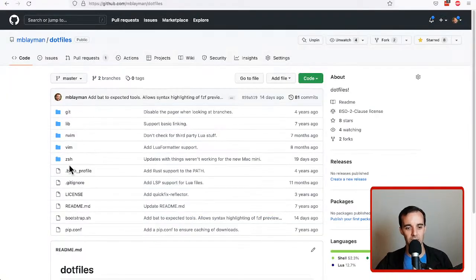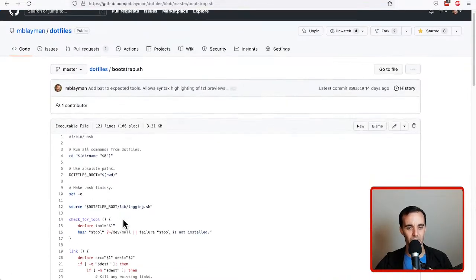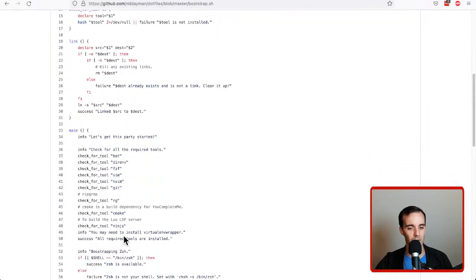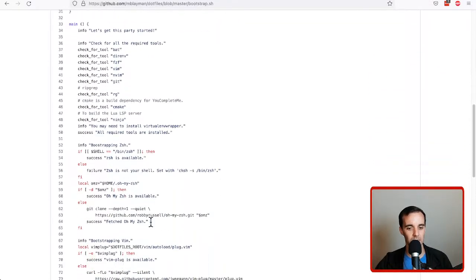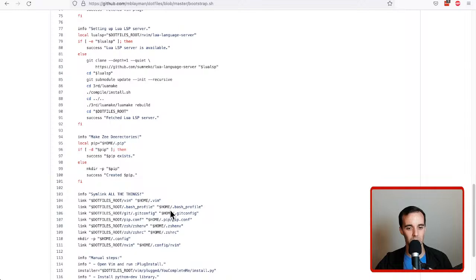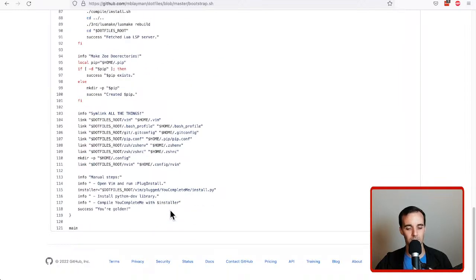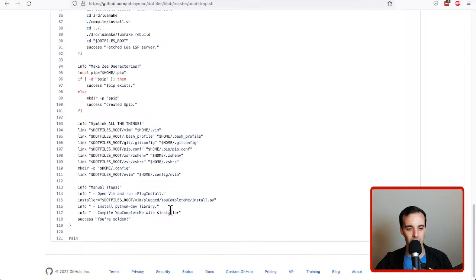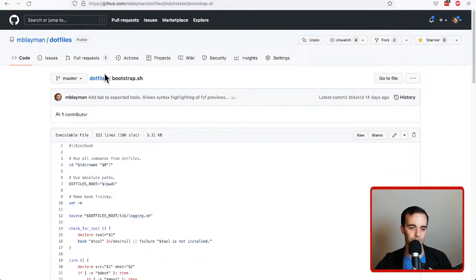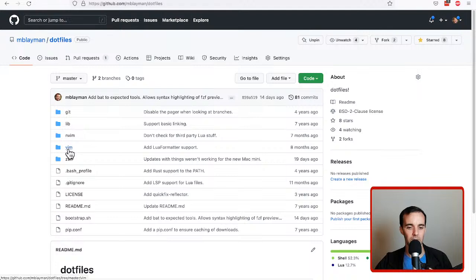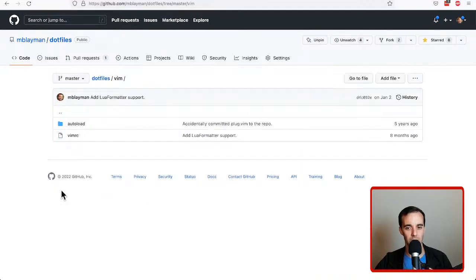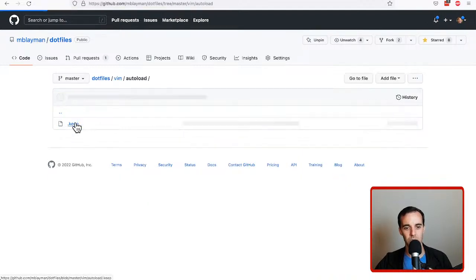So as you're reading this, if you need to find that translation of where this is going to go, you can look at this bootstrap file that I have, which is a little script that I run that does some symbolic linking and basically does some configuration in here. It's not the cleanest code in the world, but it works for me and is not terribly long either. But getting back to Vim, I think the most noteworthy thing in here is